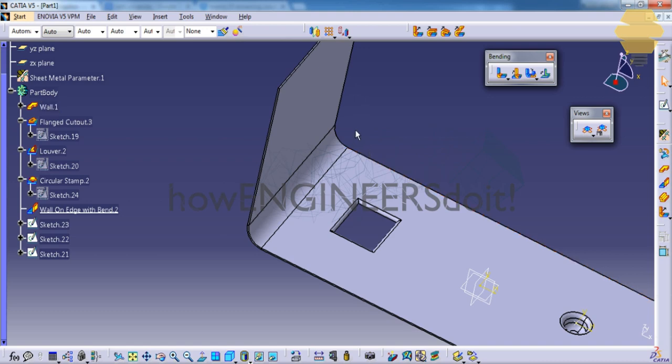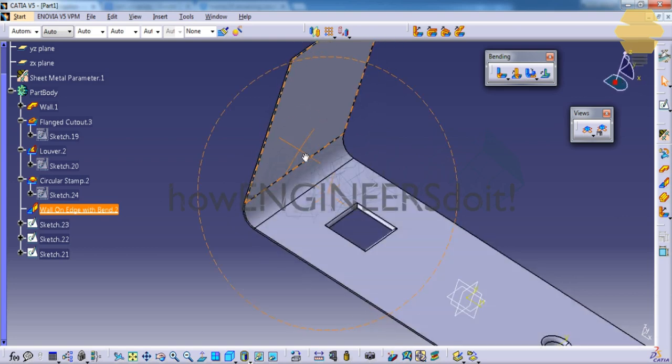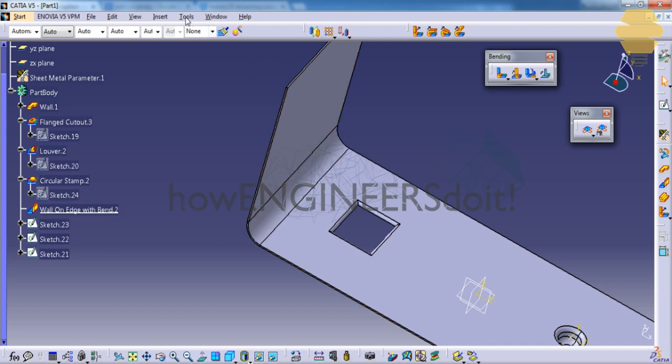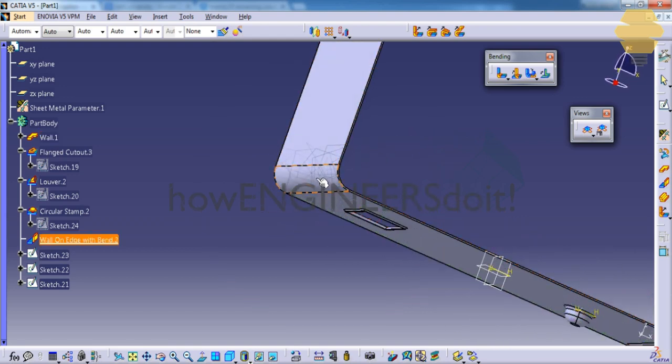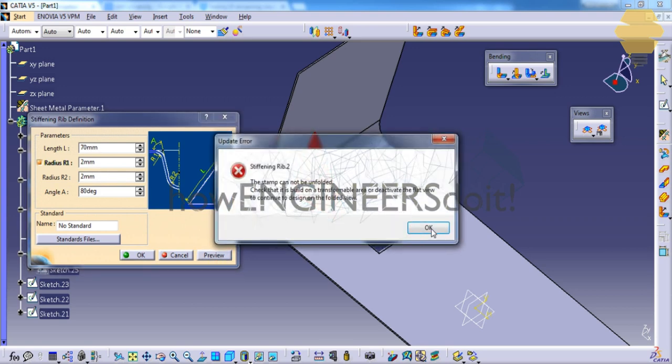And then for stiffening rib stamp, we generally create it between a bend and that appears on the cylindrical portion of the sheet metal. Go for the stiffening rib stamp here and specify the outer cylindrical surface, and then you can specify the length, the radius to angle, etc. So let's just try to increase or decrease the length values to maybe 70 mm. As you can see,